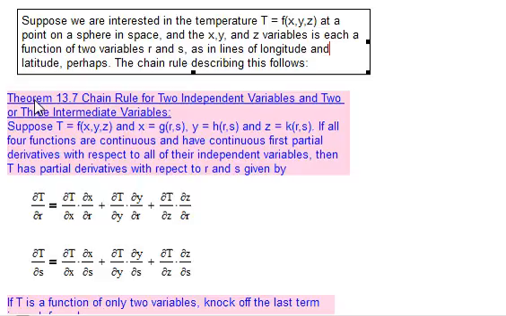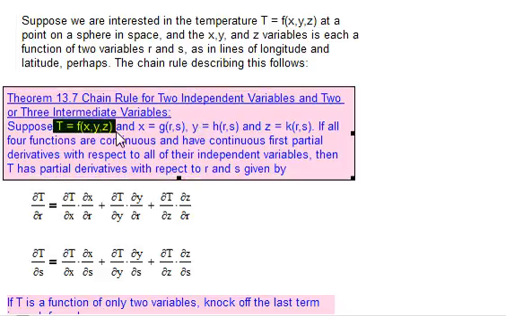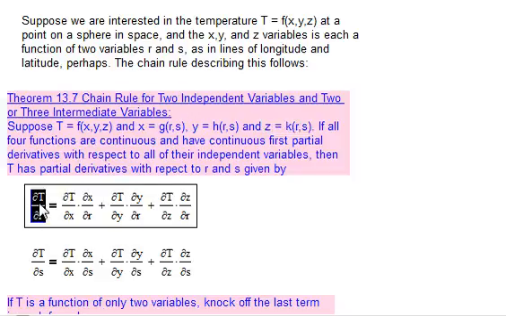Here it is. Theorem 13.7: for two independent variables and two or three intermediate variables, suppose t equals f of x, y, z, and x is a function of two variables, r and s, y is also a function of two variables, z is a function of two variables, and if all four functions are continuous and have continuous first partial derivatives with respect to all their independent variables, then t has partial derivatives with respect to r and s given by